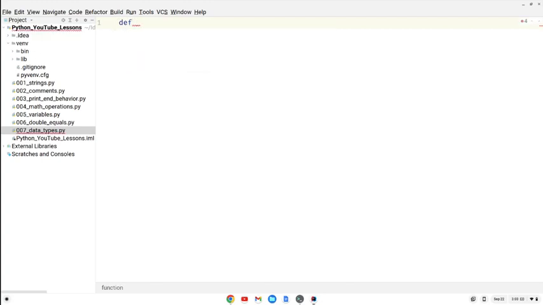So this is something that we'll talk about in later lessons, but we're going to do def that defines a function, and then we'll name it, say, underscore hello, and do parentheses, and then colon here, and we're just going to just print hello, okay? So that's going to be my function,